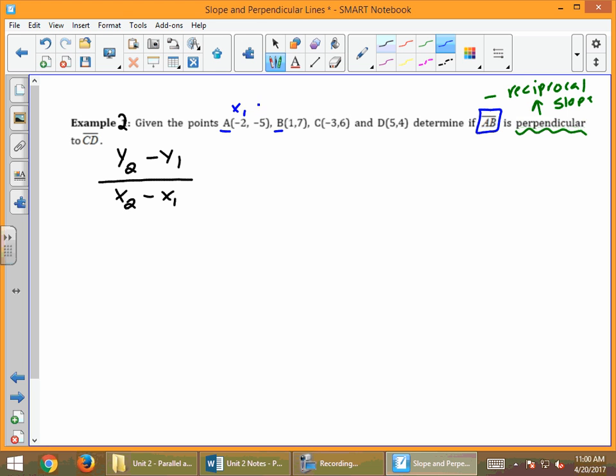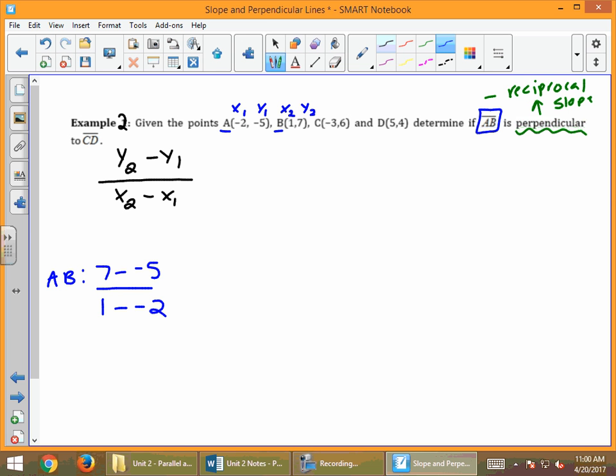Always x1 first and y1, then x2, y2 in that pattern. Plug the values in to the right side. So we're going to use 7 always minus negative 5, y2 minus y1, and then the bottom, x2 minus